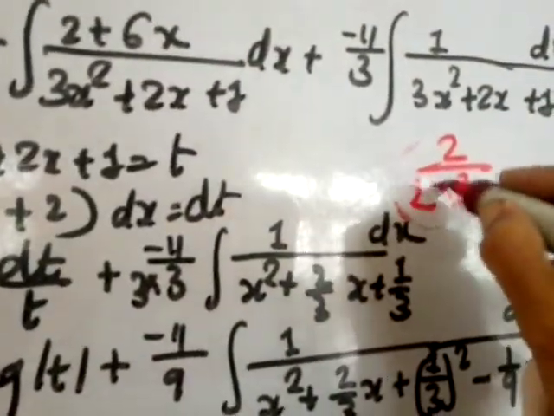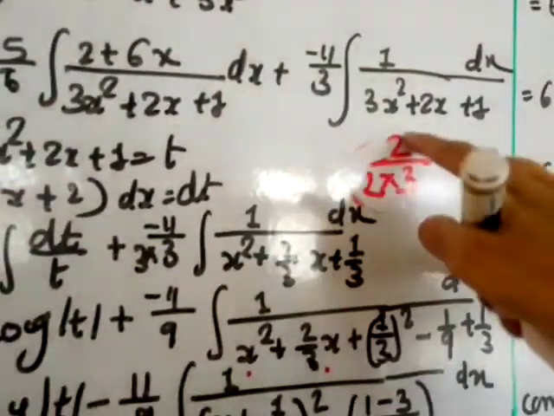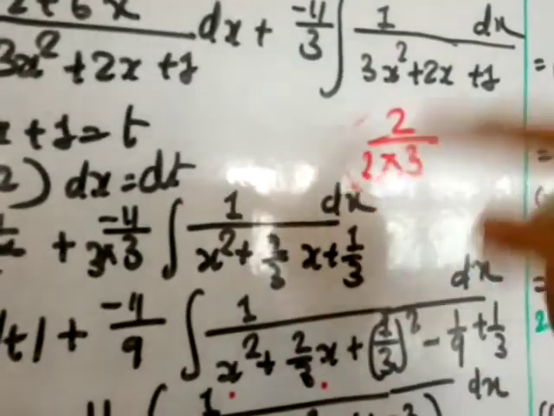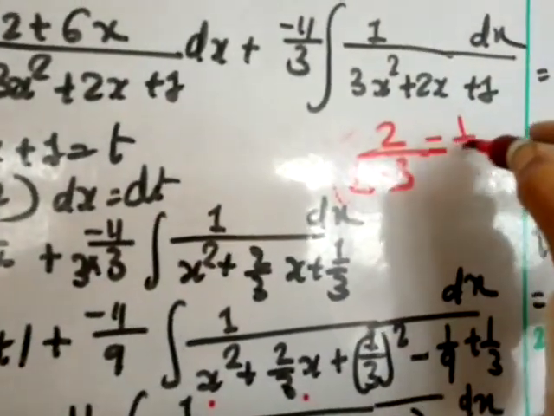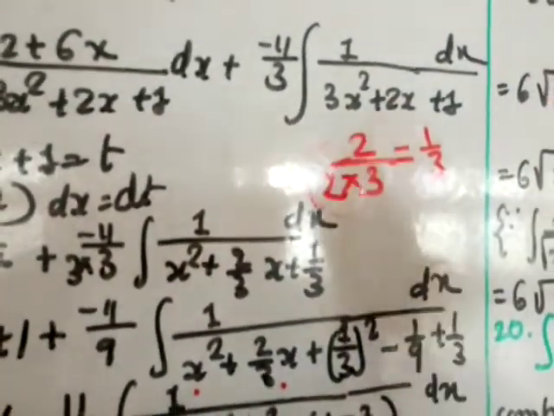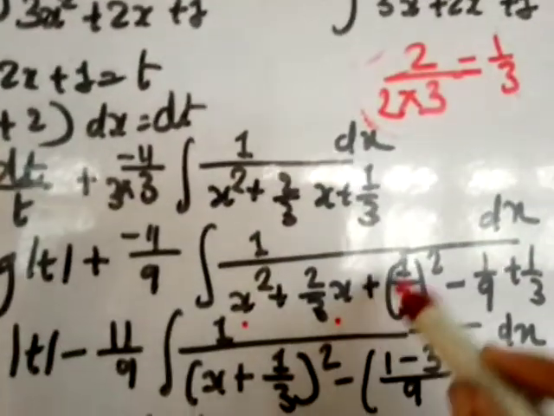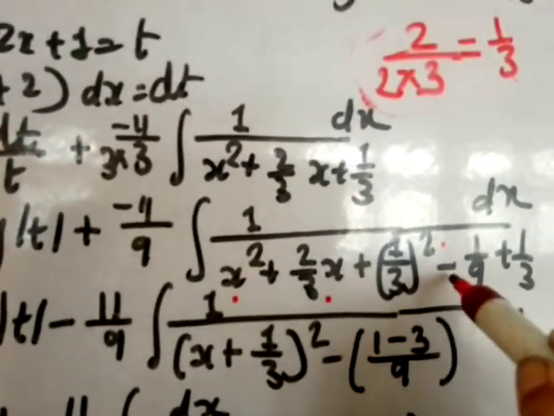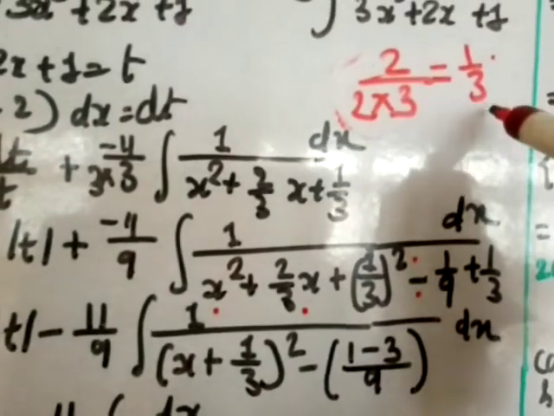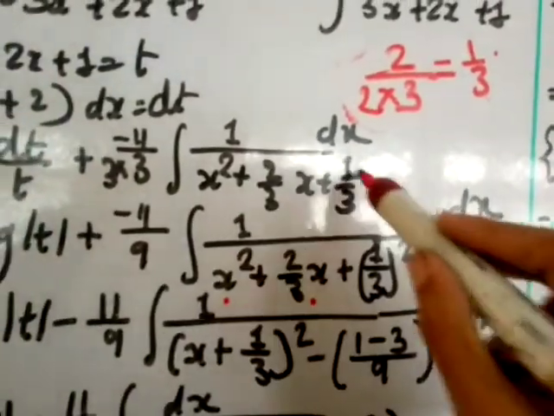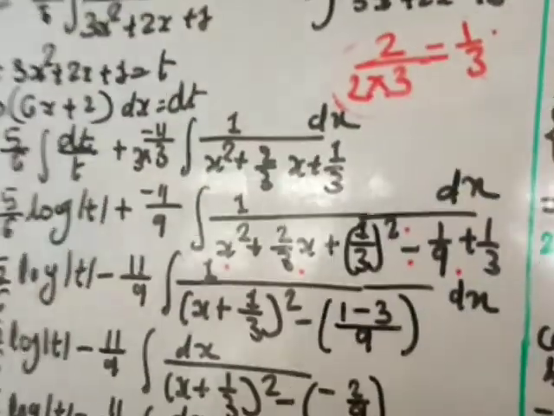Take the coefficient of x, that is 2 by 3, divide by 2. So 2 2, you get 1 by 3. Square of this you have to add and square of this you have to minus. So I am adding first plus 1 by 3 whole square, and minus square of this, that is 1 square is 1 and 3 square is 9. And this 1 by 3 as it is. So 1 by 3 I have just brought down